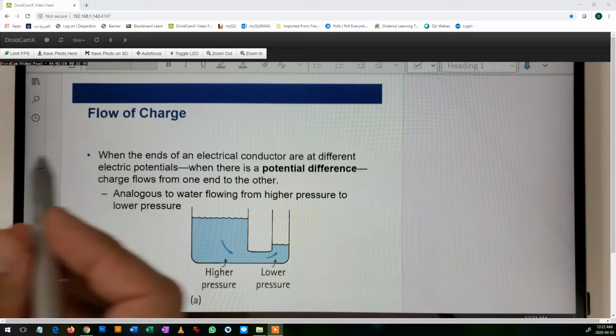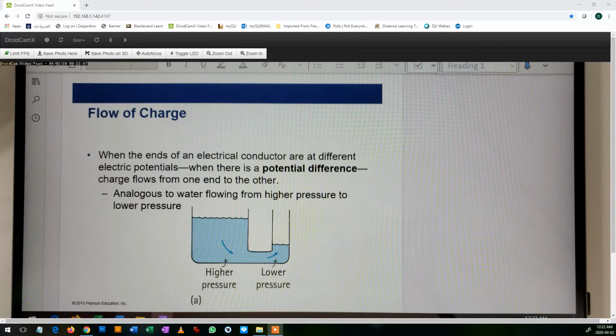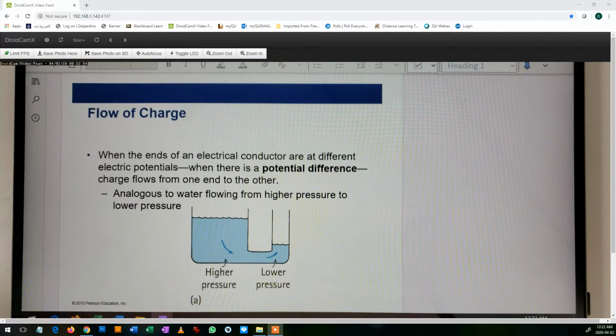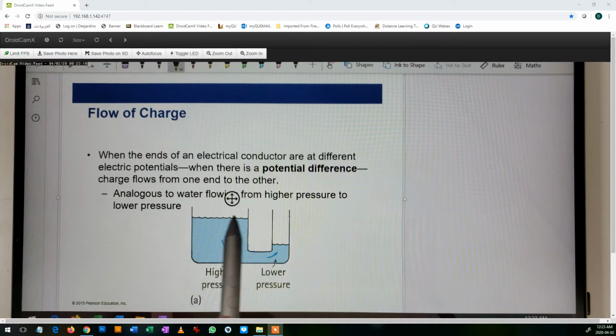So the first thing is the flow of charge. The closest analogy for you to understand the electrical current is water. Water and how does water behave usually. Here, the analogy of current,